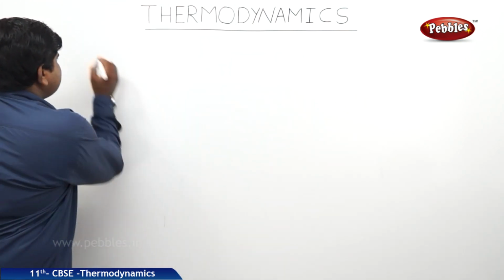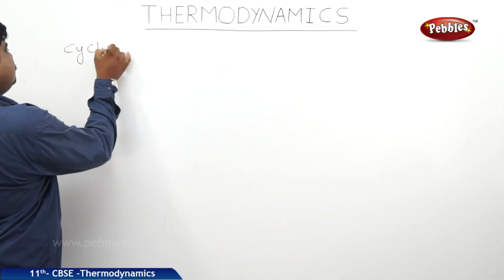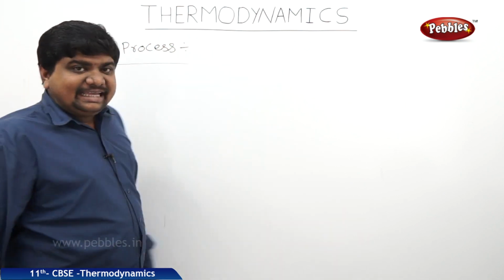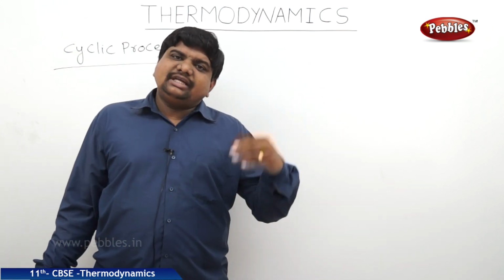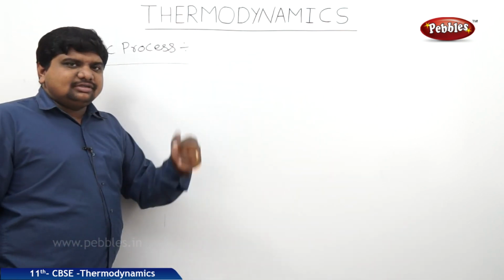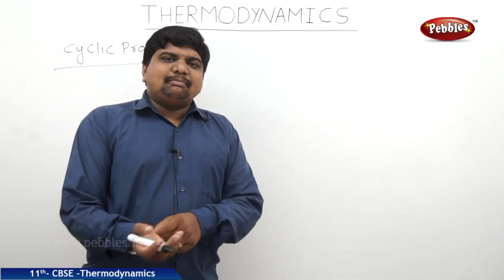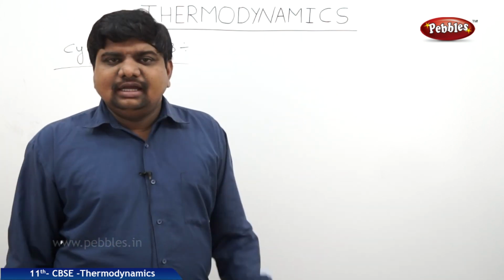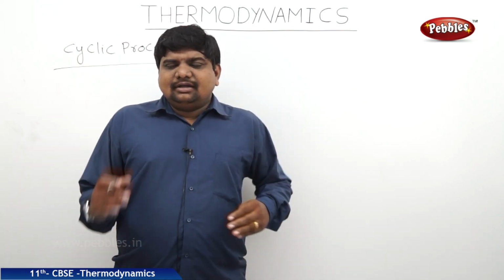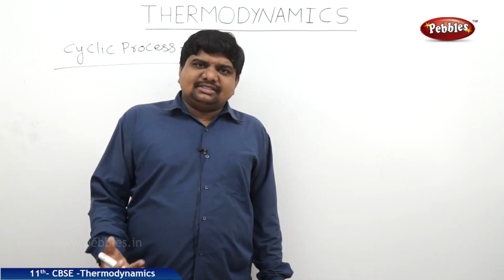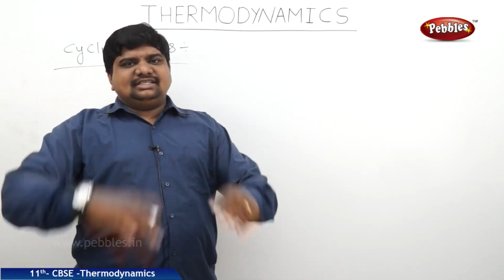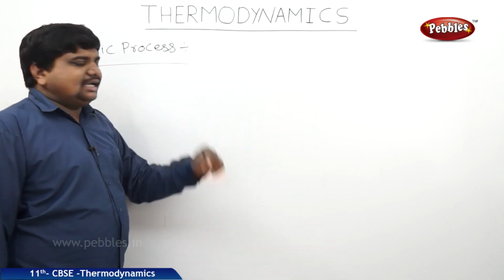And the next one is cyclic process. A cycle wheel repeats its motion and comes to the initial point after one complete revolution. Such like that, the cyclic process is also the same. So what is the cyclic process? There are many thermodynamic processes that we have been discussing. Among these, or maybe not these, some processes may experience the change in pressure, volume and temperature, and anyway return to the initial state. This process is called cyclic process.